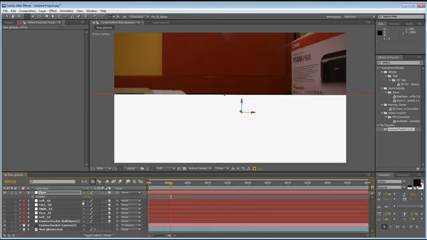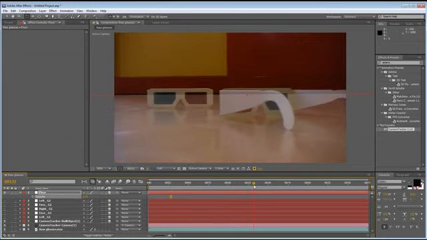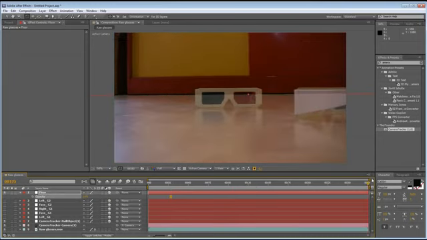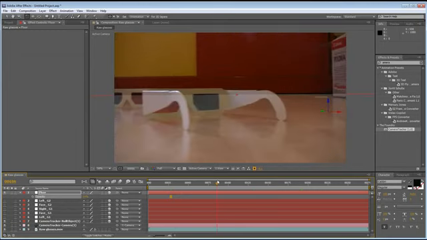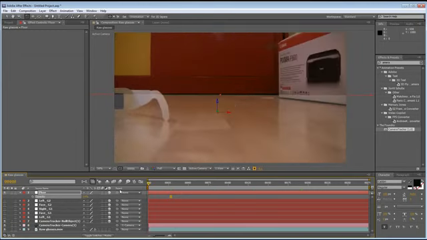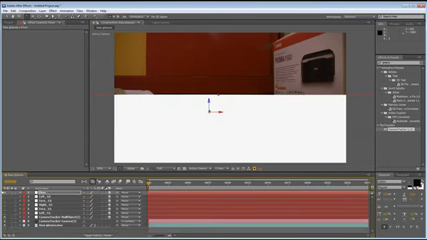And actually just the opacity down so we can see what we're doing. So that's okay. Yeah, it covers everything up nice. Covers everything up, which is important. Let's shut the floor off